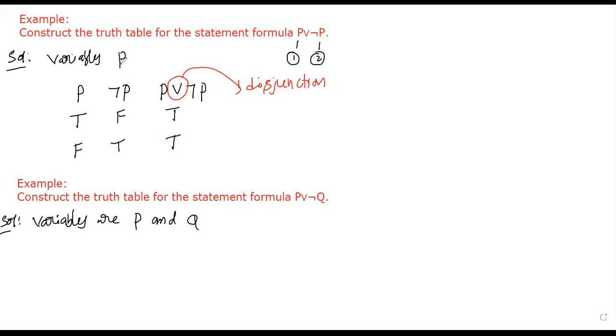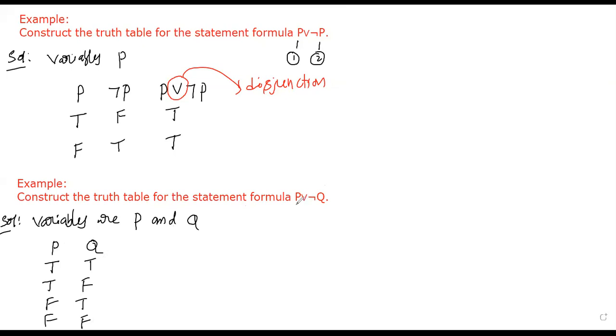In the first problem there was only a single variable, that's why there were only two cases, either true or false. But in this given formula there are two variables, P and Q. If there are two variables P and Q, there are a total of 4 chances. What are they? Please tell me. True, true; true, false; false, true; false, false. Yes, very good. There are a total of 4 cases.